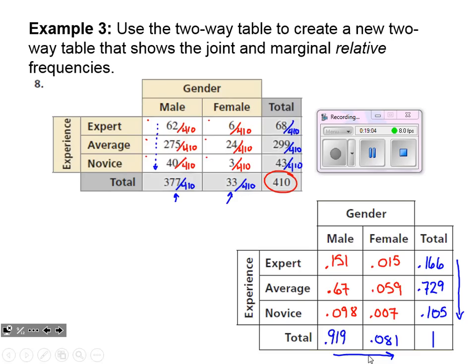Okay, so there we have arranged it, and now just realize that I know that the probability of an average female is 0.059, if I'm just randomly choosing somebody along the way. And who knows what this table is actually representing, but it's very easy to grab those probabilities because all of the data is arranged for us. Very cool.